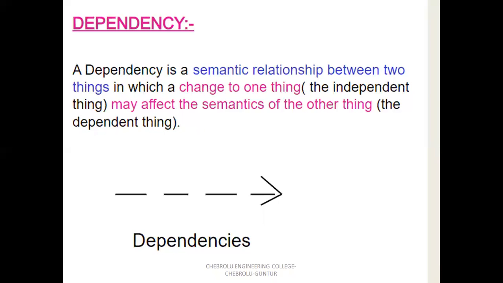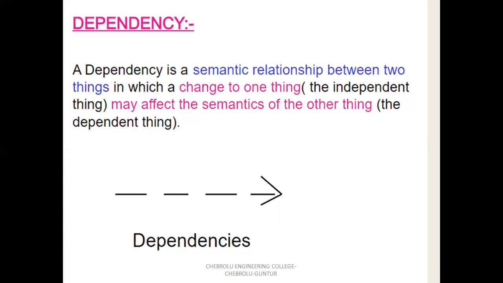Suppose the relation between student and teacher. Suppose the student changes, the teacher automatically changes. Graphically, it is represented by a dotted directed line, occasionally including a label. The label represents the name of the dependency. If there is any change in one thing, there is automatically a change in another thing. For example, the relation between student and teacher. Suppose the class changes, the student changes, which automatically affects the teacher.